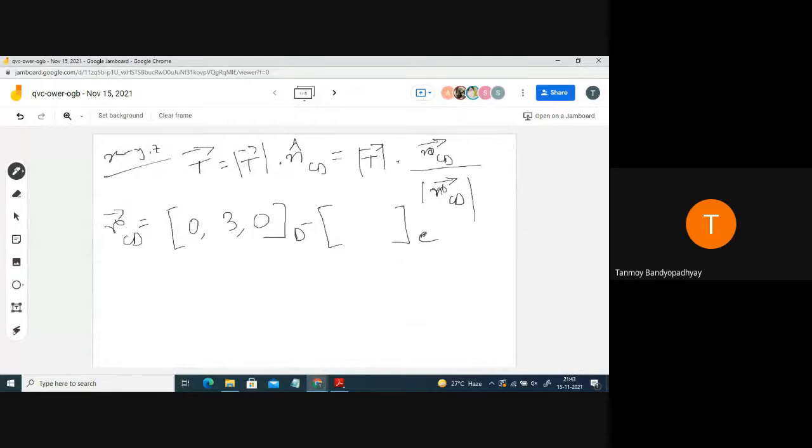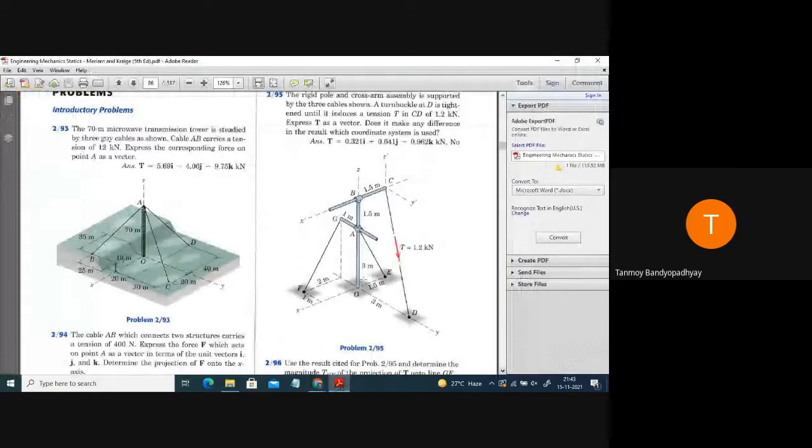And what are the coordinates of the point C? So C at Chennai, you can see that x is minus 1.5. It is in the negative x direction. Y is actually 3 plus 1.5, means 4.5. And Z is, Z কত হবে? Hello? Sir, 4.5. না এটা তো ডি পয়েন্ট, হ্যাঁ C এ তোমার 4.5 হবে, ঠিক আছে?